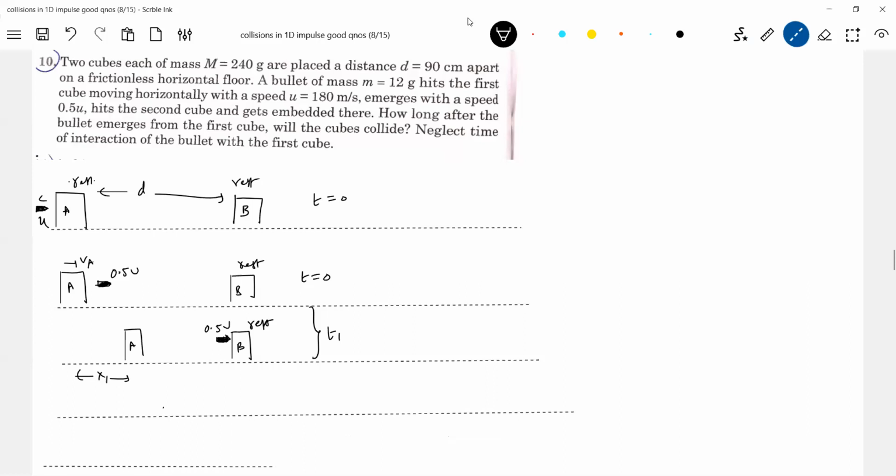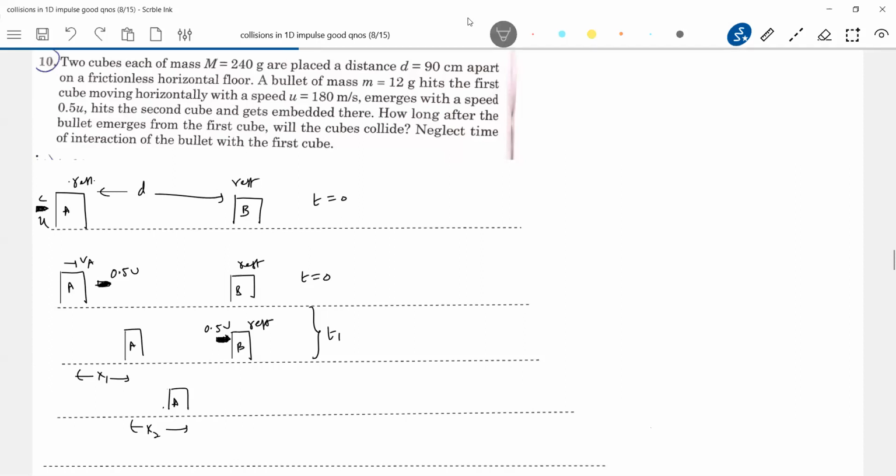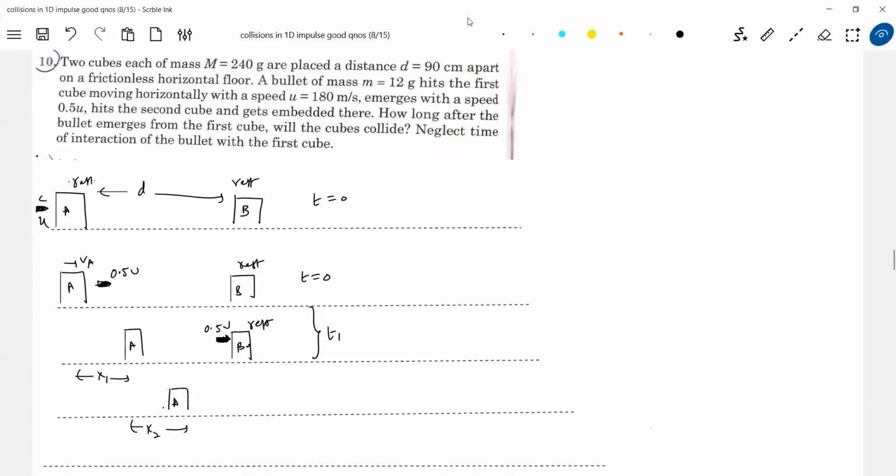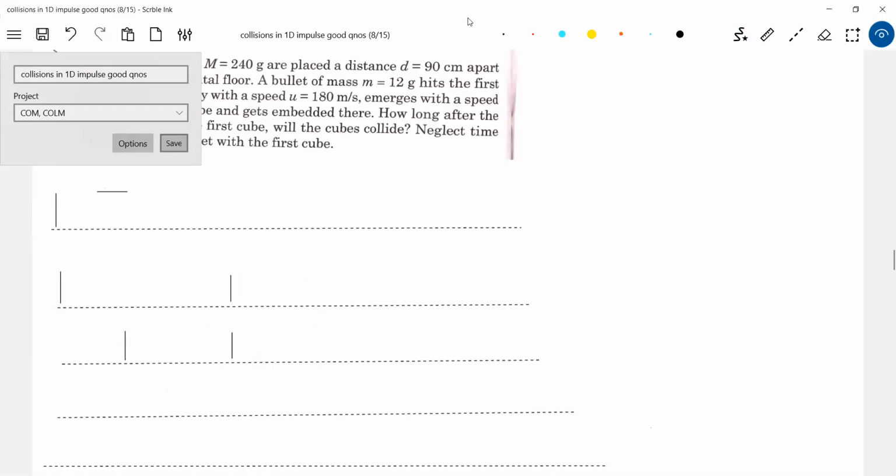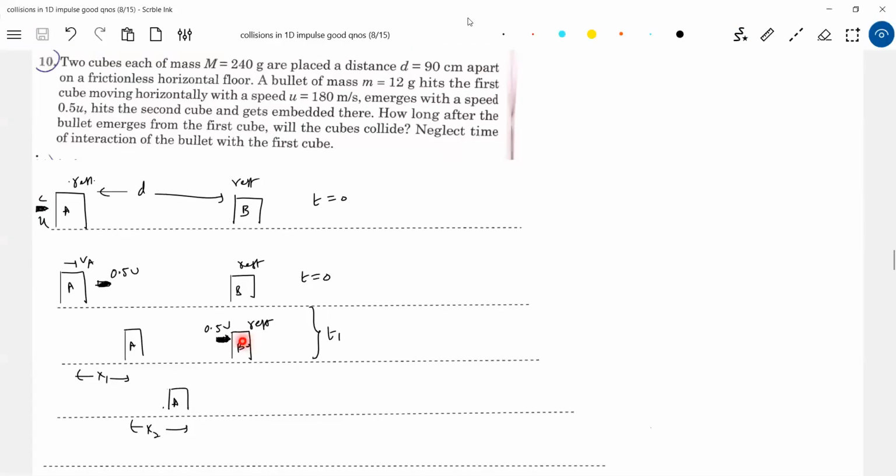Very good concept is being introduced here. Just make an observation, a very simple idea. Block A meanwhile will cover some distance, take x2. Now look at the motion of block B. Once the bullet starts entering, the speed of the bullet will decrease, because of the resistive force. And because of the resistive force, the speed of the bullet decreases.